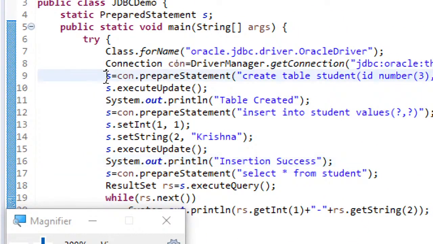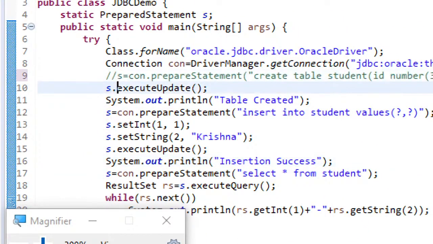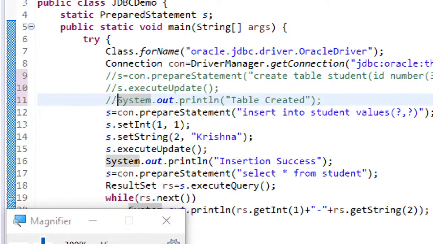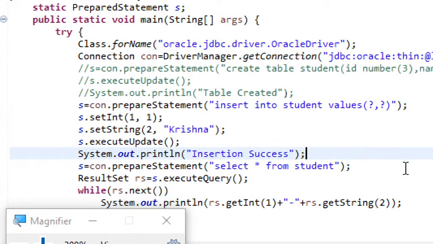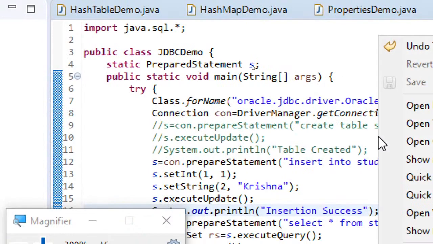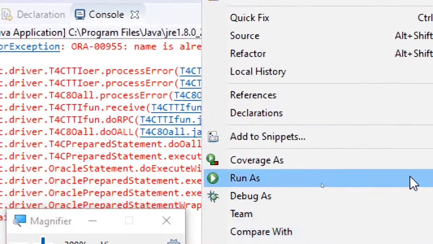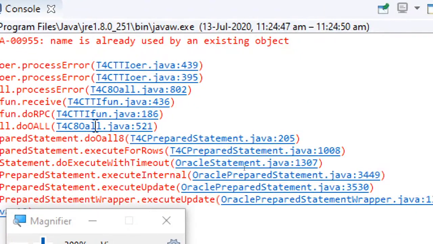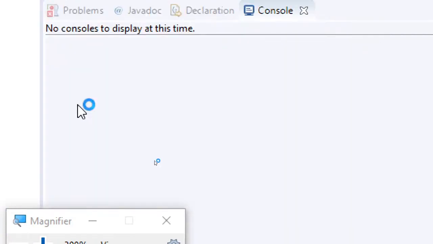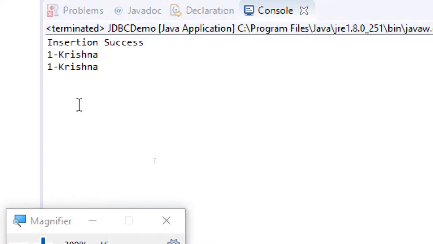So what we do is, let's put these two statements in comments. And now once again, let's see if it runs. Yeah, it's working, and I hope you can understand why it has given the output two times, because the first time when I executed, that particular record got inserted.